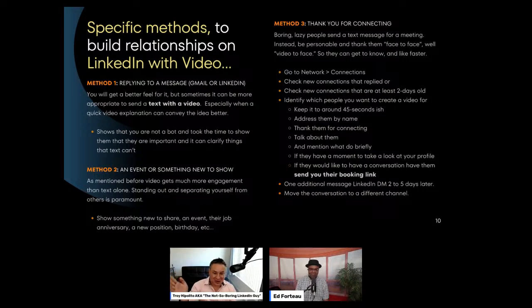The instructions were shorter, so I had to put it on the right side. So the other 2 methods about using video in general, and it doesn't matter if it's Scoop or not, is replying to a message. Someone sends you a message, you want to reply. And I think, Ed, you mentioned before, is it appropriate to reply with this method? It may or may not. But I always like to put a little bit of text and the video afterwards, so I cover my bases on that.